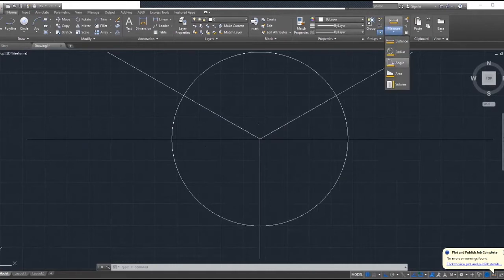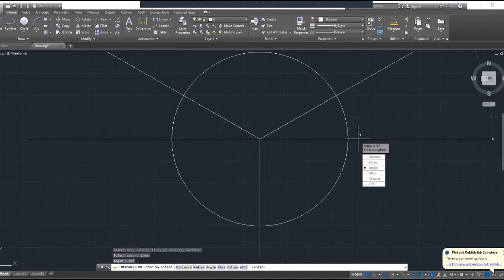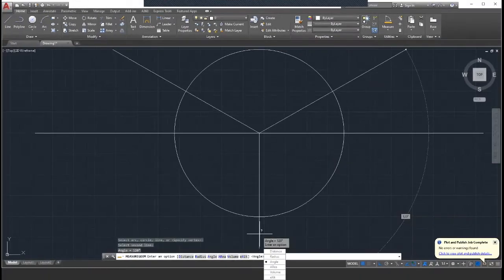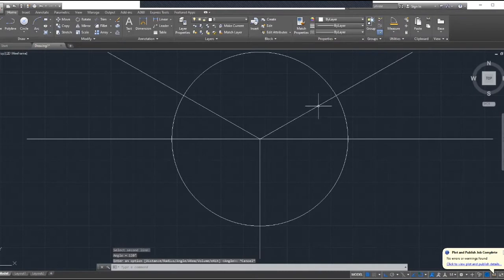Can I measure angles? Let's measure angles. So here's a new feature on the ribbon, and it's called measure. And so I can hit angle, and the first thing I do is I'm going to hit one part, and then I'll hit the other part. And see, it says angle equals 30 degrees. So 30 degrees. Can I verify that these angles are 120 degrees? Well, let's try that. We'll hit measure again, and I think we're still on angle. So if I go from this leg to this leg, 120 degrees. How about that? So anyway, 30 degrees is what we're going to be working with when we make this isometric